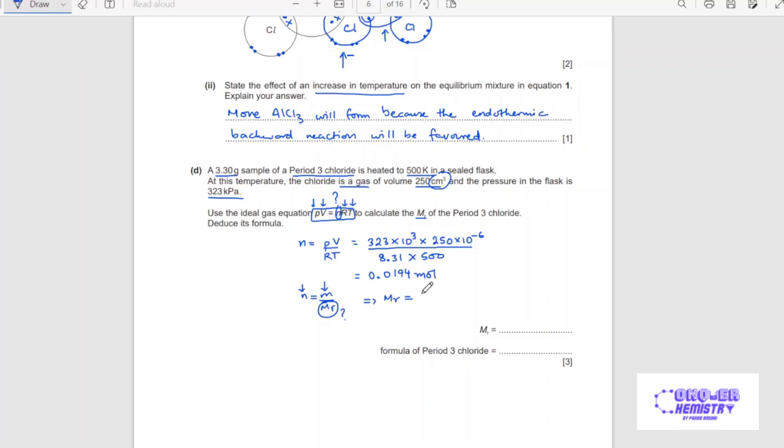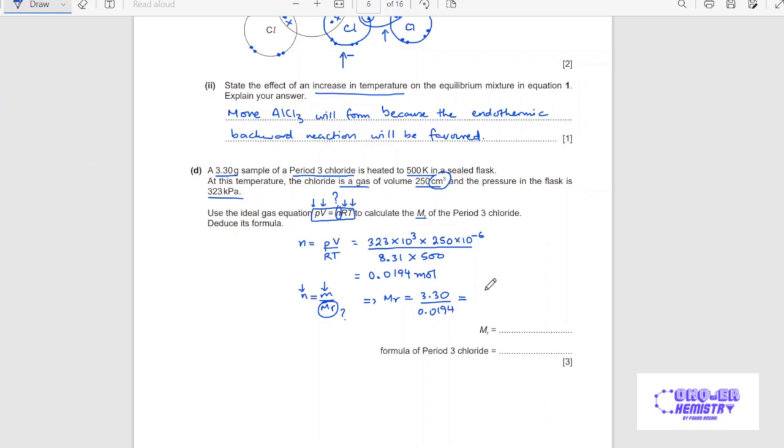So we will rearrange this. Mr equals mass, which is 3.30, divided by the moles, which is 0.0194. Now, you will not actually divide 3.3 by 0.0194. You will store the answer in your calculator and then use 3.30 divided by the answer button. All right. So that stores the answer to a higher degree of accuracy and you will get a more accurate final answer, okay? So this will give you